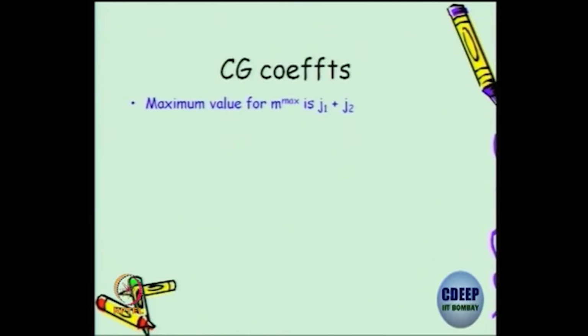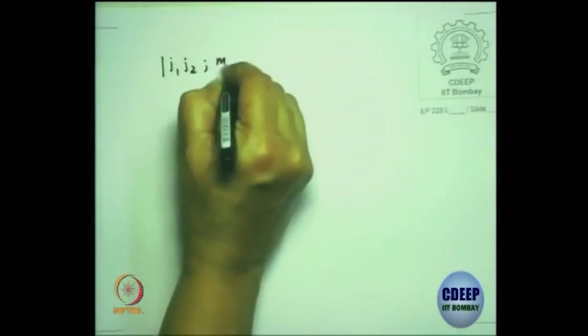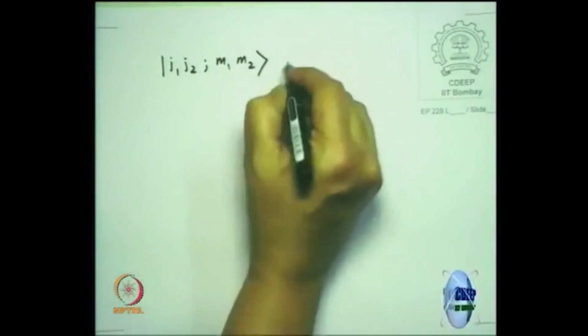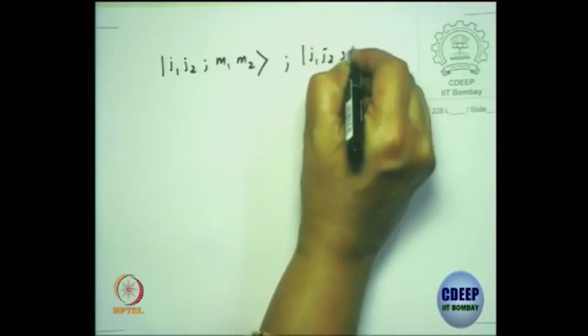So this is where we stopped in the last lecture. What is the maximum value of M? M max in the total angular momentum cannot exceed J1 plus J2. Is that correct? So we have one basis |J1, J2, M1, M2⟩, and then another equivalent basis, which is